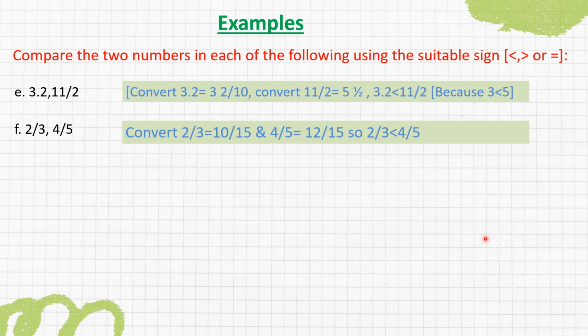Excellent. We convert 2 over 3, it will be 10 over 15, and convert 4 over 5, it will be 12 over 15. So 10 over 15 is smaller than 12 over 15. So 2 over 3 is smaller than 4/5. And next,